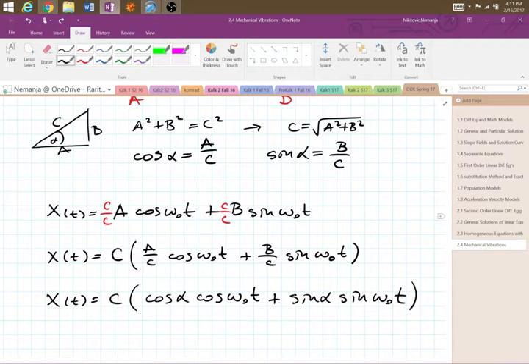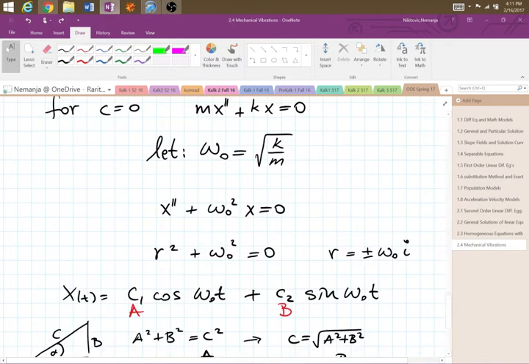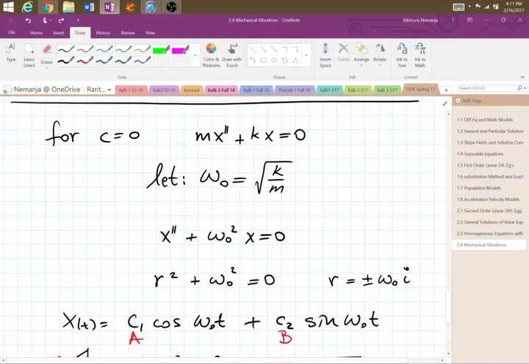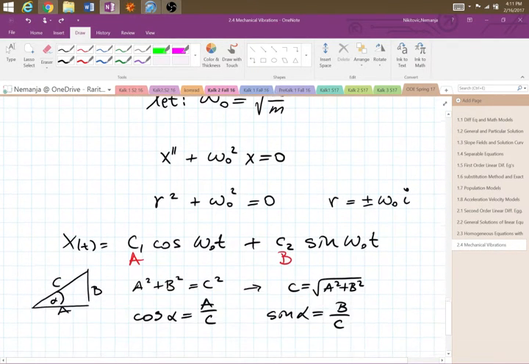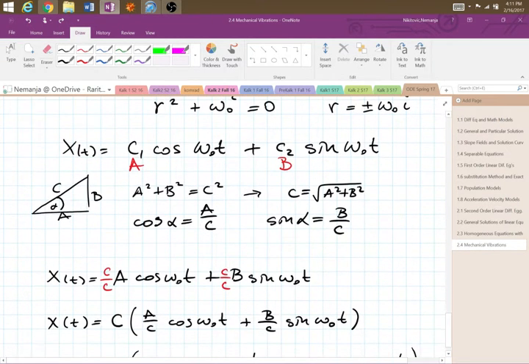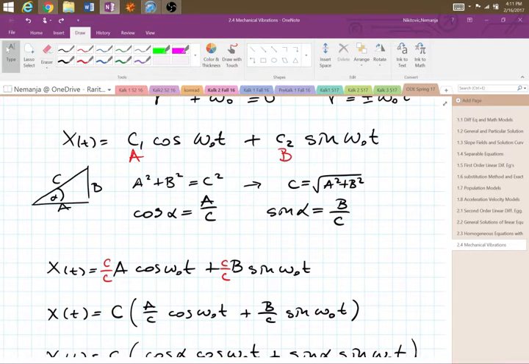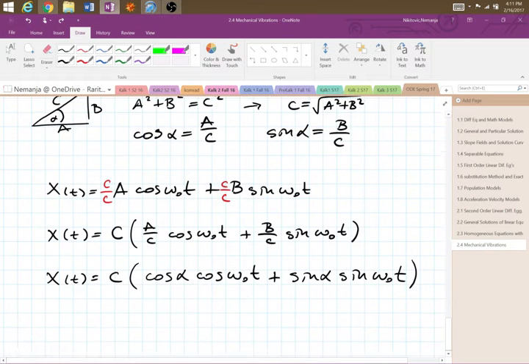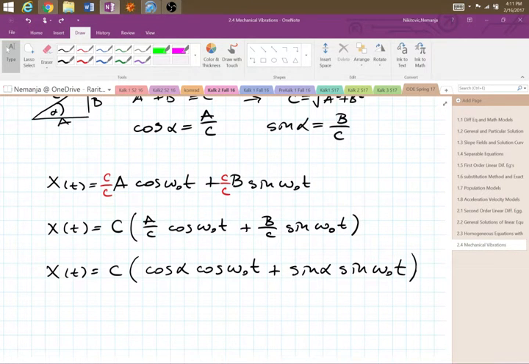So far we started with second order differential equations. We did some witchcraft to get it into a nice form. We got the general solution. Then we swapped those C's with A and B. Posed this triangle with all of these cool properties. And then started replacing all of these things in. So now we are at the point where we have